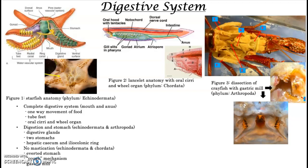through the anus. The lancelet performs this mechanism that makes it look like the lancelet is coughing. So since the lancelet doesn't have a distinct jaw with teeth, it has no way of being able to chop up its food or digest it the way the starfish does. So instead, as it passes through the pharynx, it makes it look like the lancelet is coughing, and so the body does these slight jerking movements, and so it's